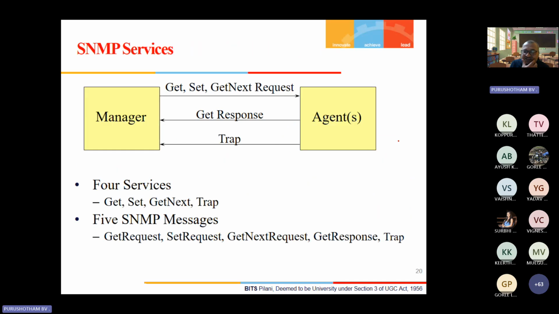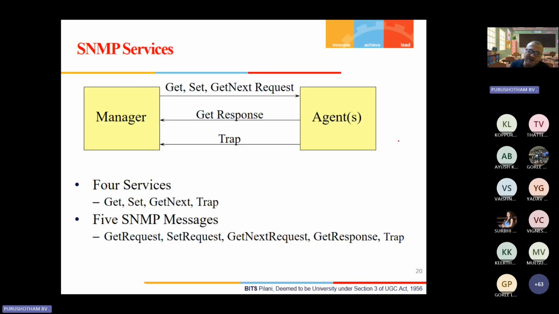There are 4 services actually: get, set, get next, and trap are the 4 services. Get, set, you know, right? Get means receive, set means write, then get next means the next thing should be read, then trap. These are the 4 services.